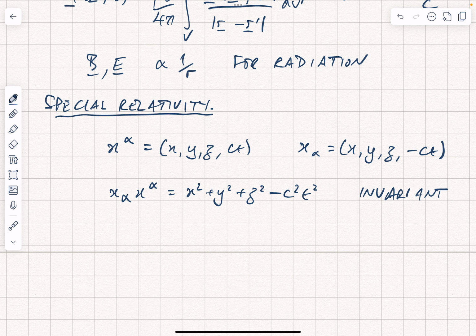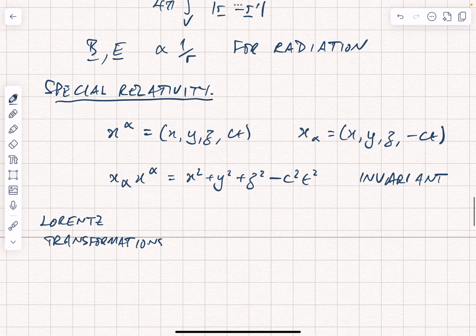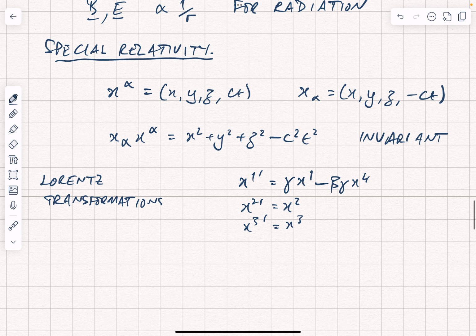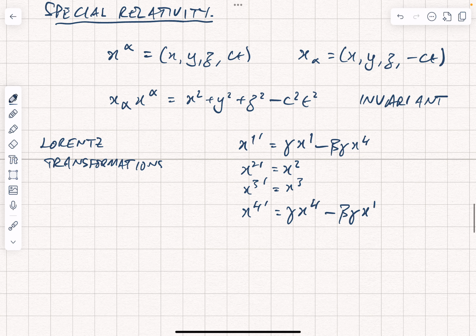The Lorentz transforms for this kind of 4 vector can be written as follows. And this is a general form for contravariant 4 vectors. The Lorentz transformations are as follows. You have x1 prime is gamma x1 minus beta gamma x4. x2 prime is x2, x3 prime is x3, and x4 prime is gamma x4 minus beta gamma x1, where we